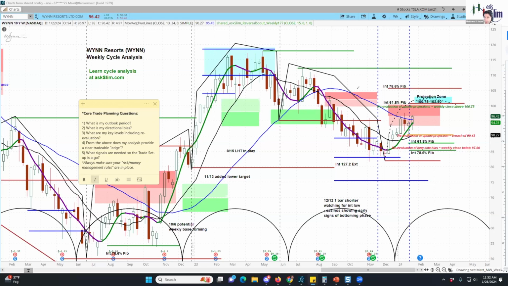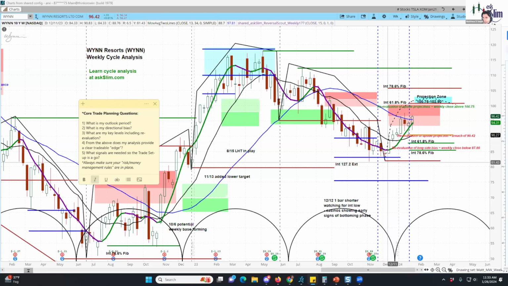On the weekly chart, you can see here that we made a cycle low towards the end of December, and it came a little bit early. Previously, it was in a negative overall pattern structure as it came in. However, as I'm looking at this now, with this early low that formed, there are several positive indications that are generating an overall bullish or long side bias here. First, we're in a rising phase that you can see here still on the weekly cycle, and it is performing fairly well at this time.